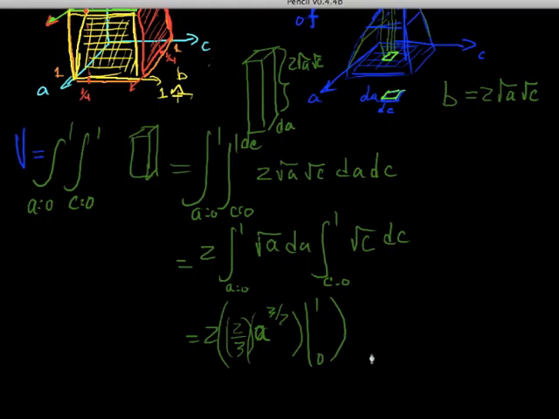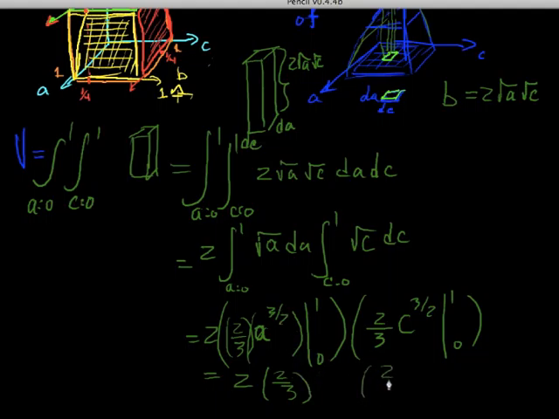Same deal with C here. We have C to the 3/2 divided by 3/2, which is multiplying by 2/3, evaluated at 1, subtract 0. It should be very fast for calculus students. Evaluation at 0 is just going to be 0, so we're really just evaluating at 1. This is 2 times 2/3 for the first, times 2/3 for the second. That's 2 times 2 times 2, which is 8, so this is 8/9. And that is the volume of